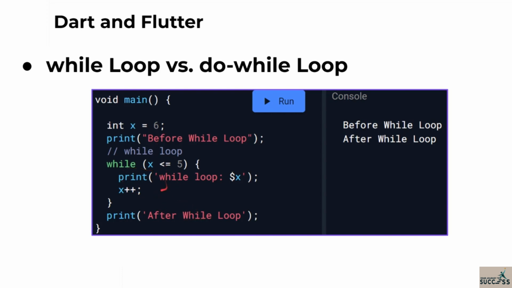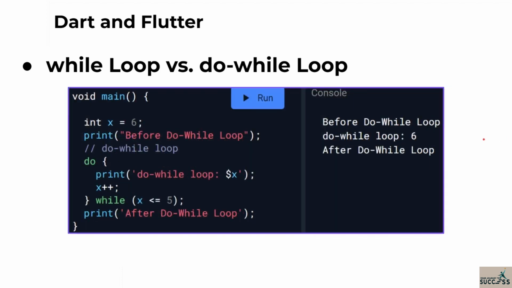So we don't see any code inside this while loop actually be executed, because that condition was never true, and I check that condition before I run this block of code. Remember, the do while loop is going to do or execute the block of code before it ends up checking while the statement is true. So let's set the same situation, x is equal to 6, so in theory it shouldn't trigger the condition to be true. But now if we do a do while loop, notice how the structure changes the actual output here in the